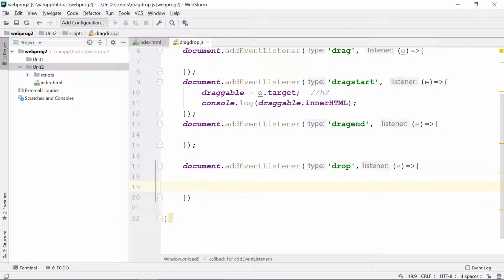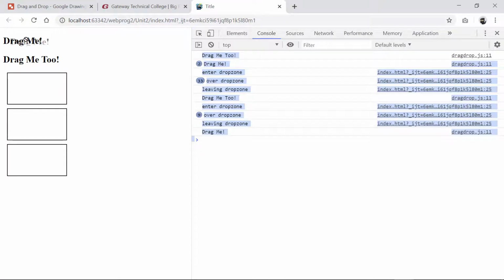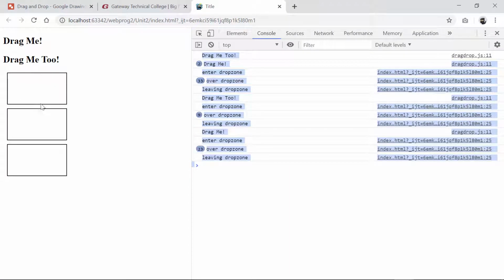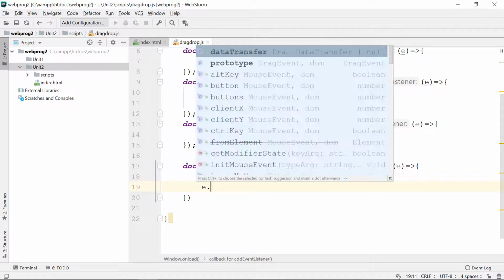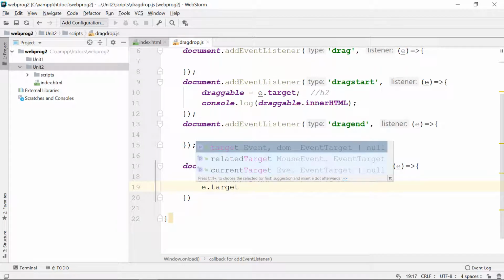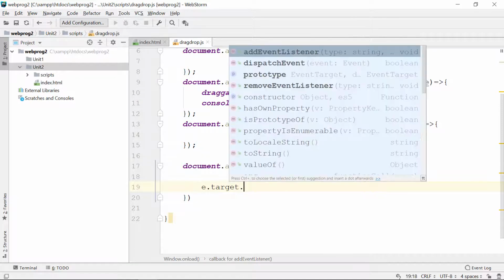So let's just say that if it's in that drop zone, when I drop it in there, I'm going to add this draggable to wherever this element is that I drag to. In this case, when I go back here, when I drag this into this box, here is the target. So if I do e.target, it points to this div tag, and so on. So that means inside here, in the drop, when I say e.target, that is the div tag, and I put appendChild,